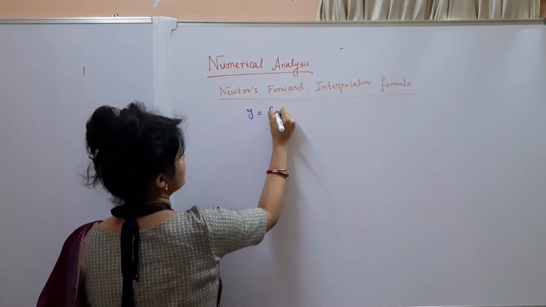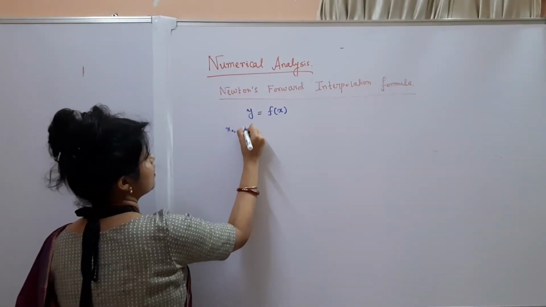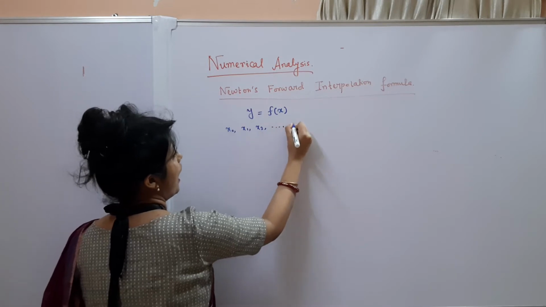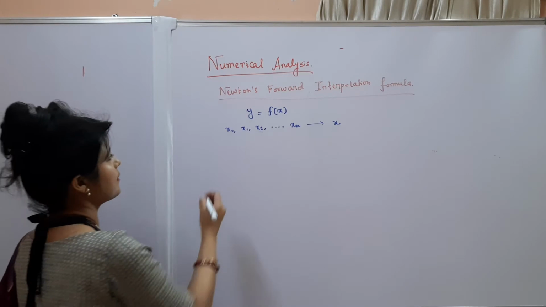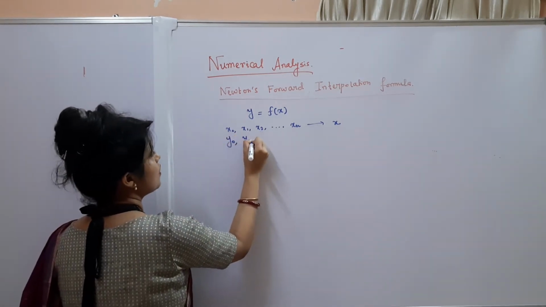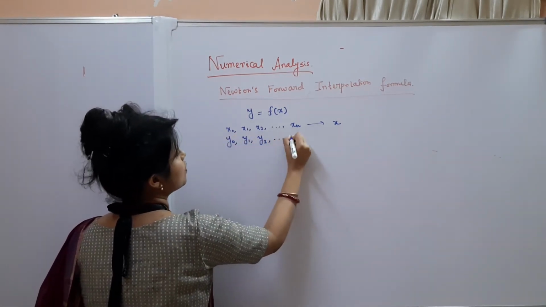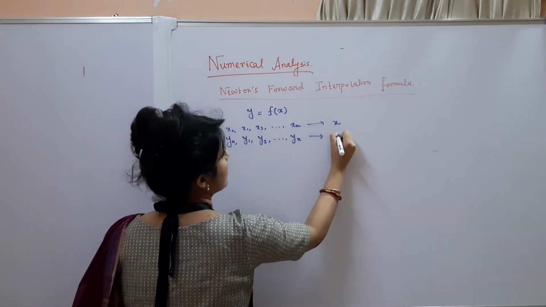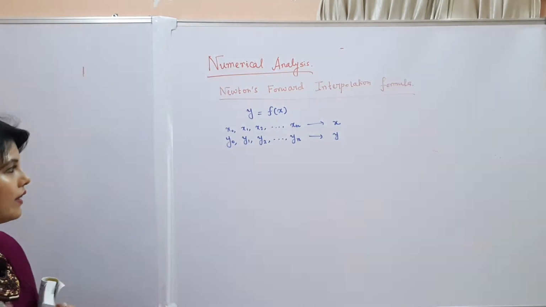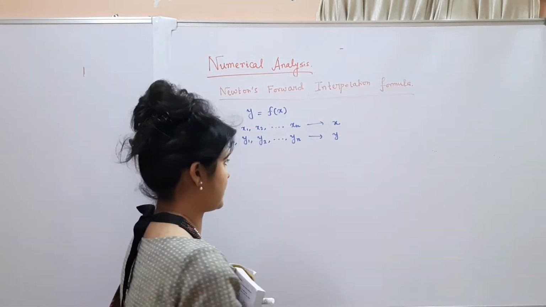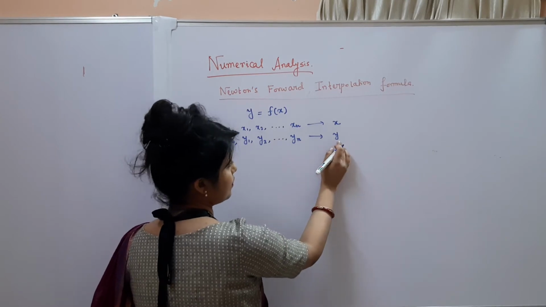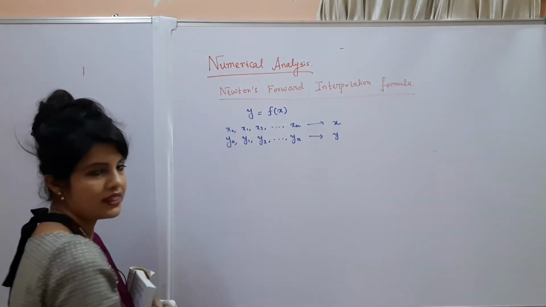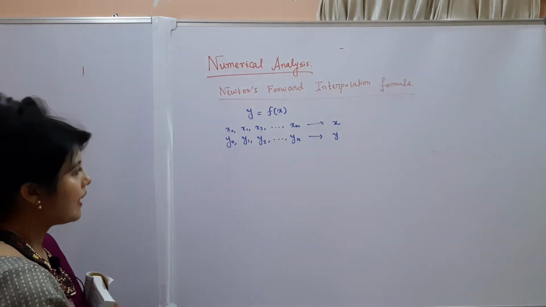Suppose y is equal to f of x is a function, okay, and x0, x1, x2 up to xn are the values of x, that is the values of the independent variables, and y0, y1, y2 up to yn are the corresponding values of y, since y is dependent on x. Now if we want to estimate some values of y for some intermediate values of x, that is the process of interpolation, then